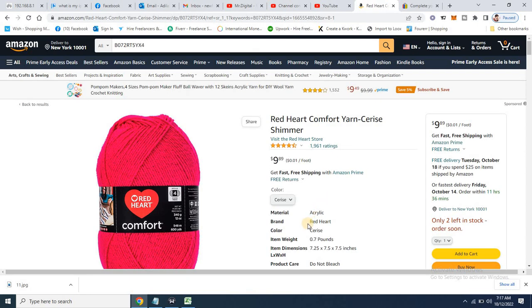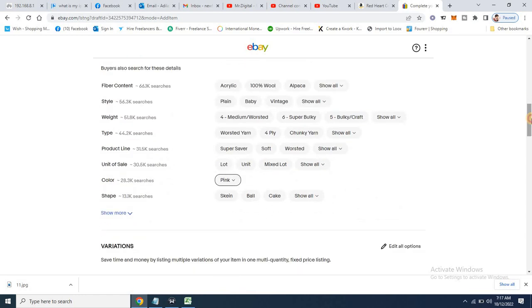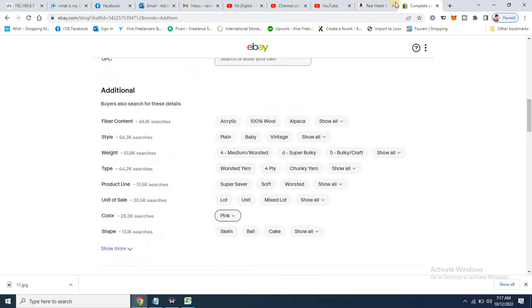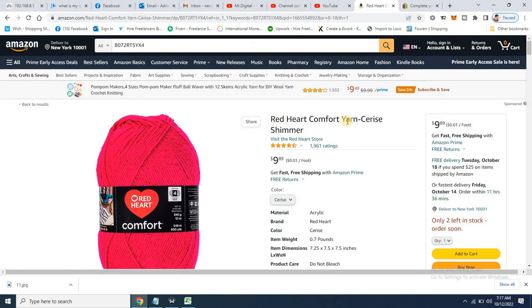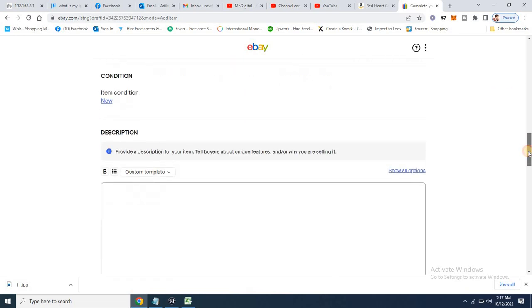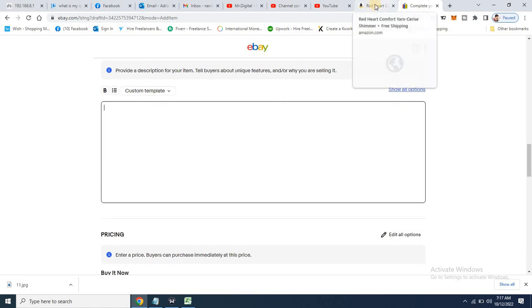We can collect here Red Heart and go down, and if you want to select any of the things from here then you can select, otherwise eBay will automatically select the relevant things for the product. So it is yarn, so we will click on yarn, or otherwise just leave it as it is. Go down, and this is the portion for the description, and now we will go to the source